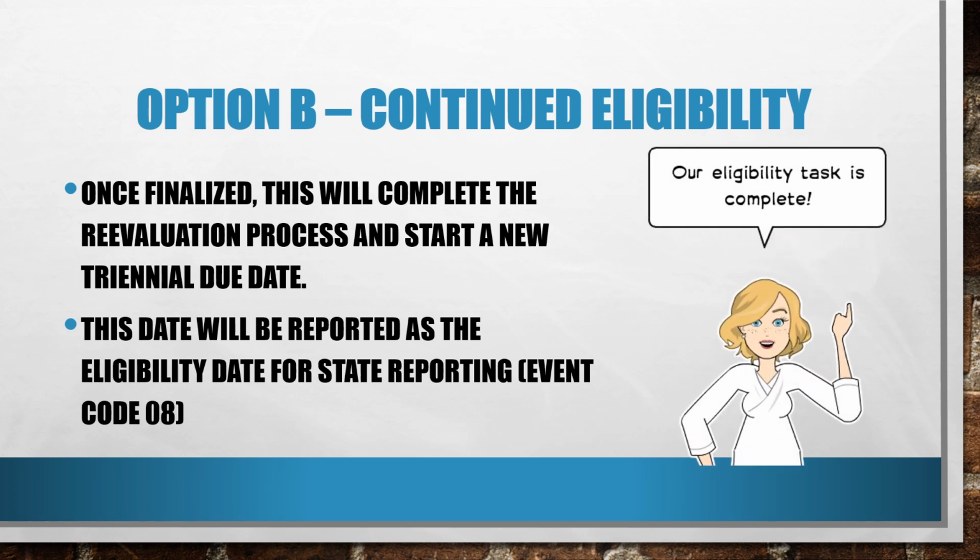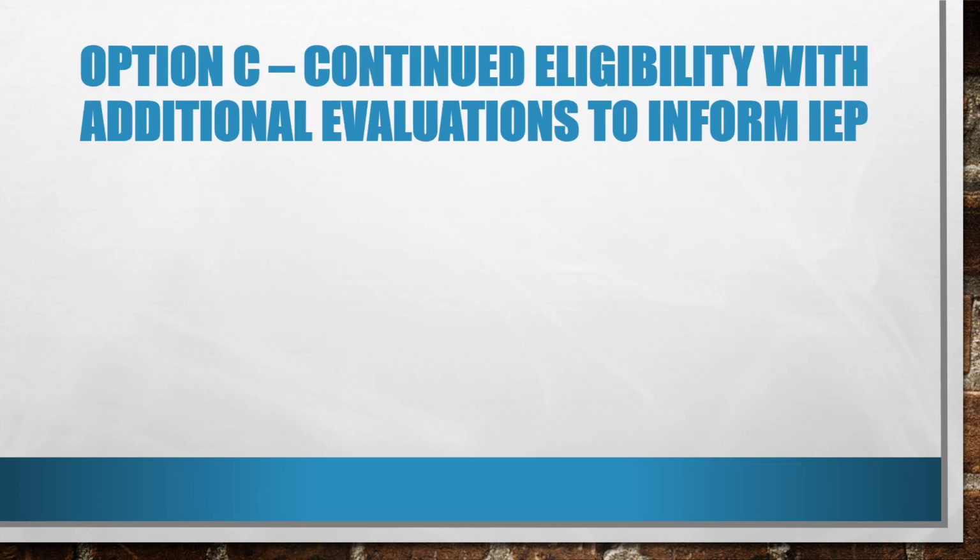At this point, the IEP may or may not need to be updated since no changes were made. If the IEP data is current and matches the reevaluation data review, the team can continue. An amendment IEP may be needed to update information, or a new annual review may be needed if the IEP is older and updates are warranted at this time.